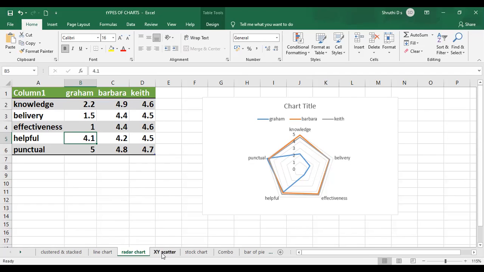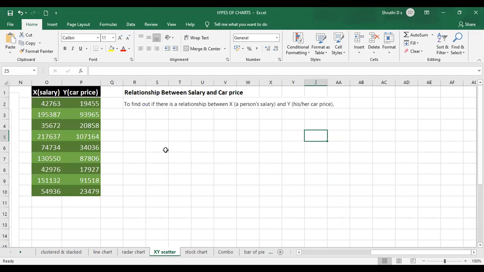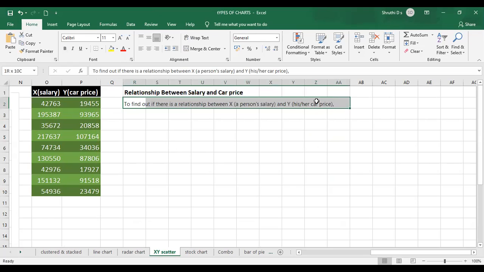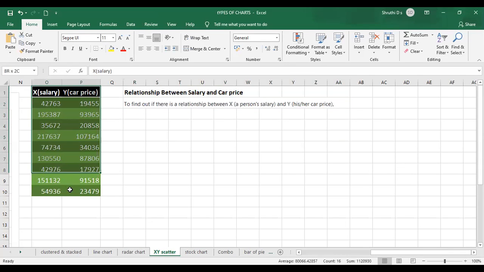Okay, so the next one here is the X and Y scatter. We will go with this type of chart when we want to find out the relationship between the first column and the second column. So usually we go with 2 columns here, wherein we are going to check whether there is a relationship between the 2 columns. So let me just apply the chart.